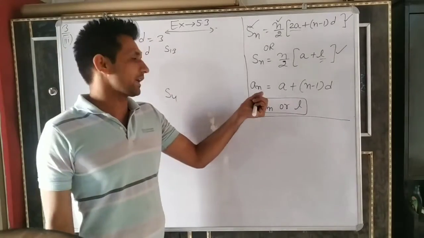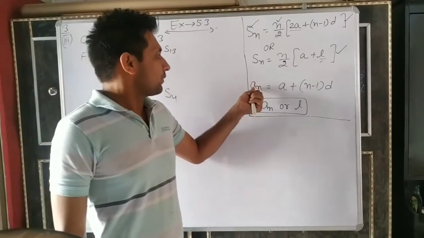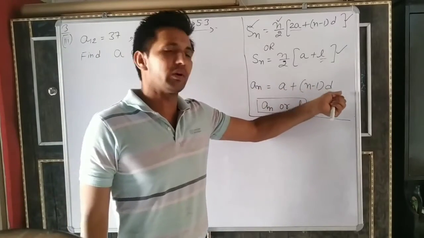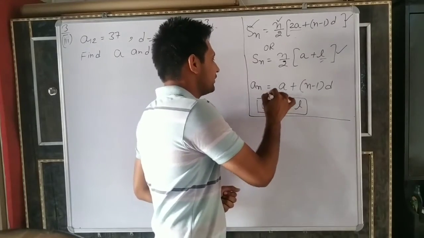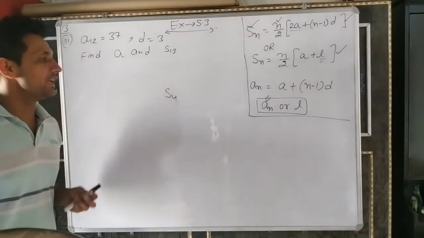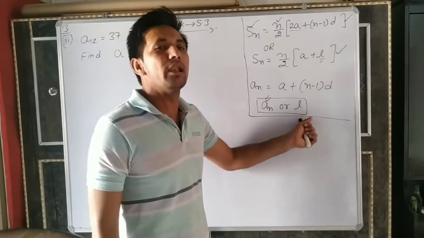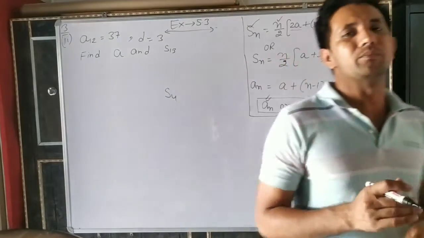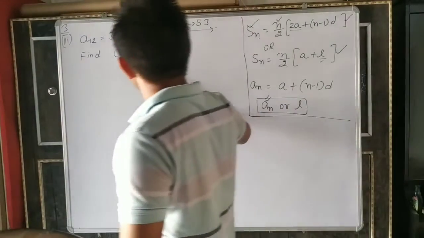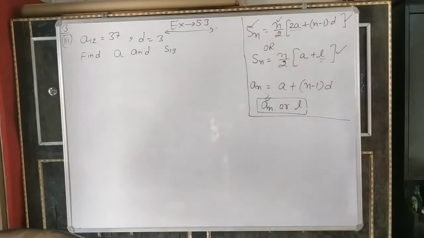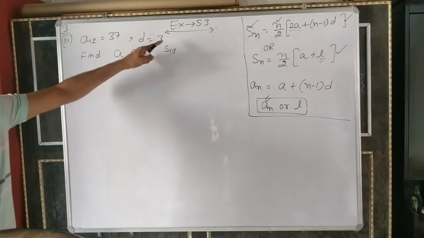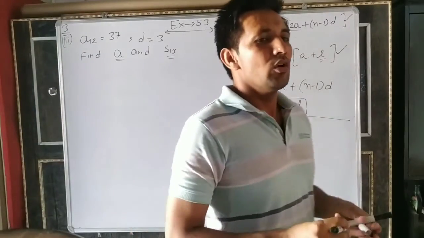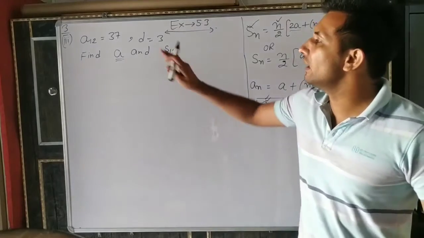We have already learned these formulas. And the third one, in the second exercise we used it, is how to find the nth term of an AP. An equal to a plus n minus 1 into d. If in any question an or l is given, both are the same. L is also the last term and an is also the nth term. Okay, so what will we do? Look here, third part. A12 is given, d is also given. Find a and S13. First thing, dear, whatever is given in the question we will use it.